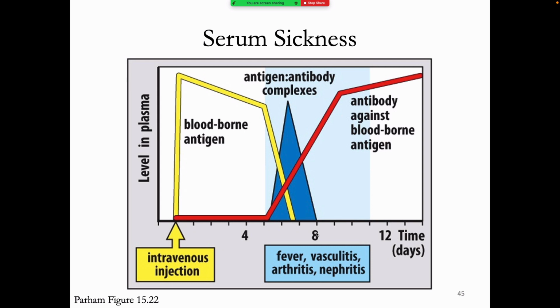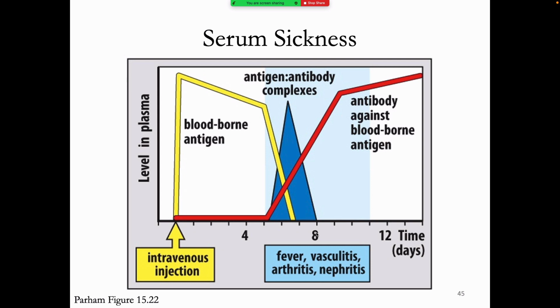And those are going to increase over time. At some point, you're going to be at that zone of just the right amount of antigen and just the right amount of antibody to make immune complexes. This is particularly problematic the second time through with your horse antibodies. During that time, you'd be in this blue triangle where you get antigen-antibody complexes formed, and you can start to get a type 3 hypersensitivity reaction to having those antibodies,